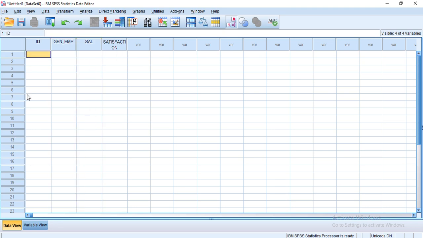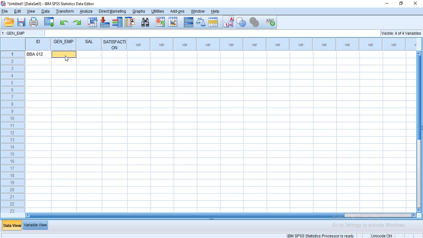Now we'll take the example. We'll take ID of employees. BBA 0, 1, 2. Then gender of employee, it was 1. Then salary of employee 10,000 per month, and he was not satisfied with the job.